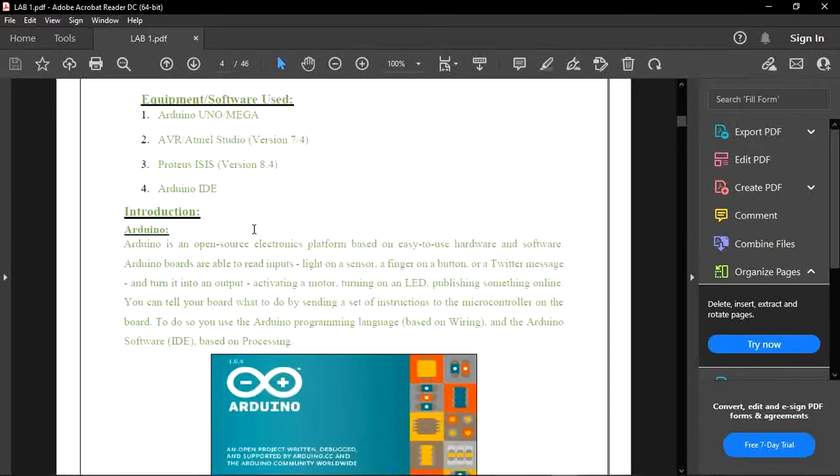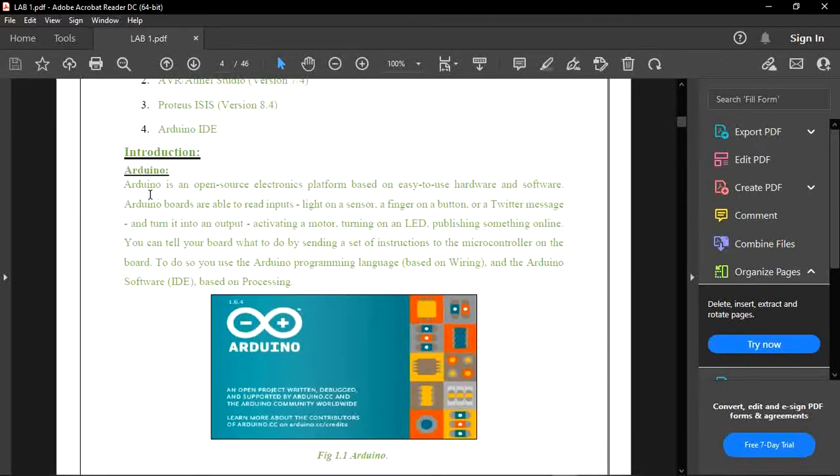First of all, this is the basic introduction to Arduino. So what is Arduino? It is an open source electronic platform, with easy to use hardware and software, such as the software we are using in Proteus. After learning different programming languages, we can perform different tasks with Arduino.